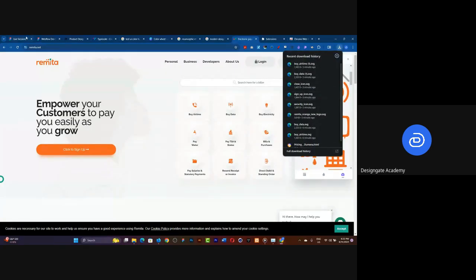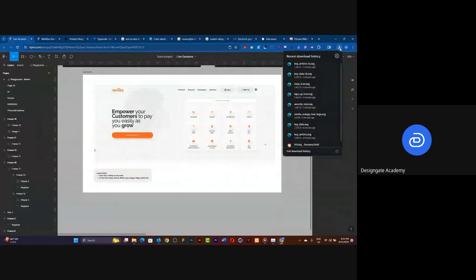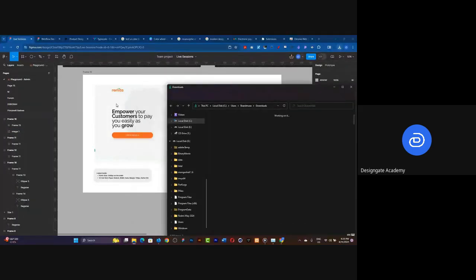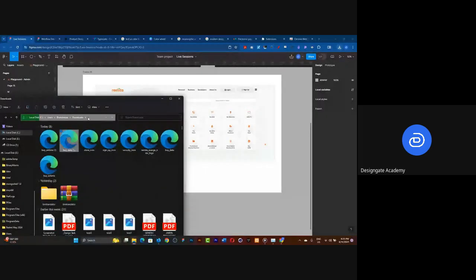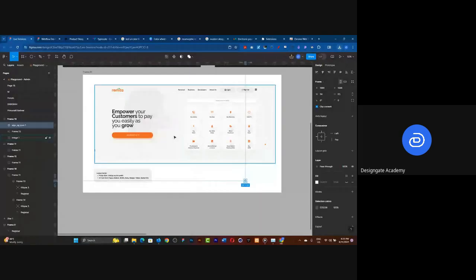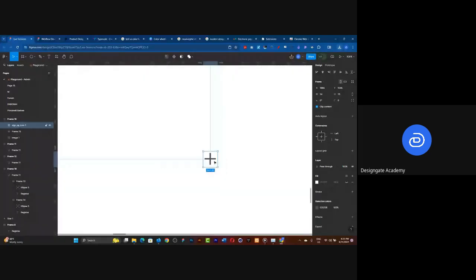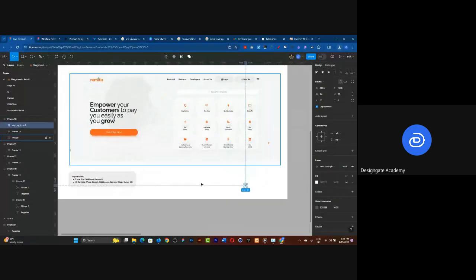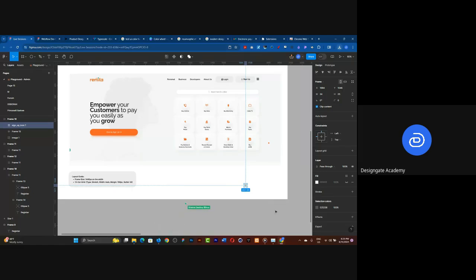All you need to do is to come in, open up your downloads, okay? You open up your downloads, and you simply import it by dragging it in, okay? You can just come in here, drag this right inside. And you can see we have that icon right there. You don't need to start designing it from scratch, okay? So what you can do is convert this icon to a component, so you can easily swap it with other icons. I hope that is clear. So please,